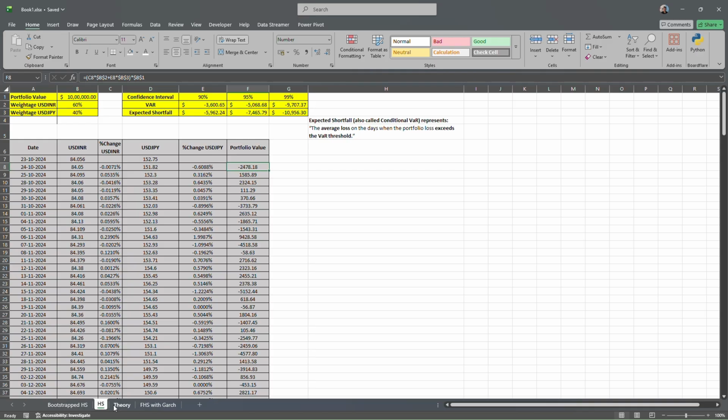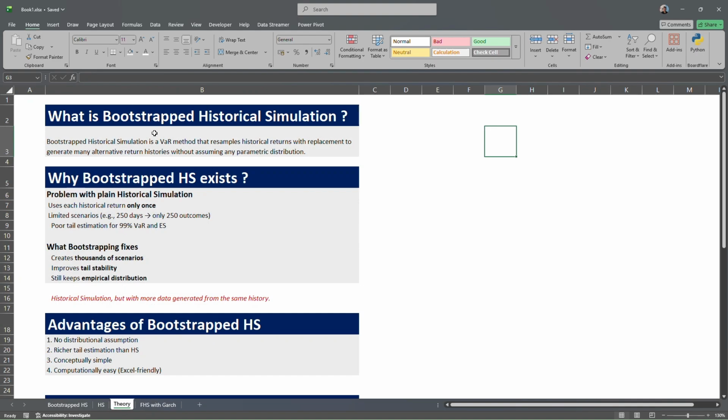This time we are just going to see what bootstrap historical simulation is and why it is used